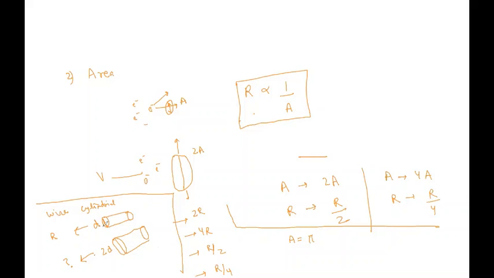So we have a circular region, and we have increased that in terms of diameter. So what is the area at the end? We have pi r square, and in terms of diameter, we have pi d square by 4, because r is diameter by 2, right? So it's pi d square by 4. Now we have increased the diameter. So what will be the area now? Pi (2d) whole square by 4.